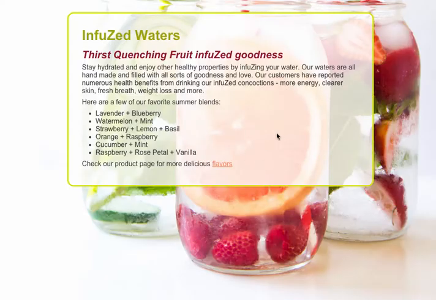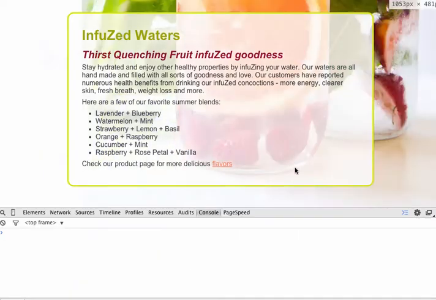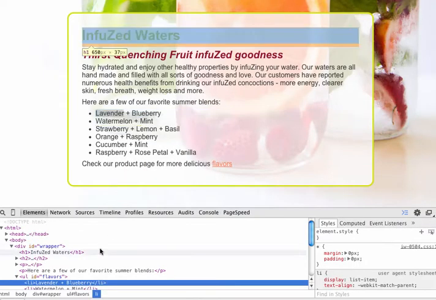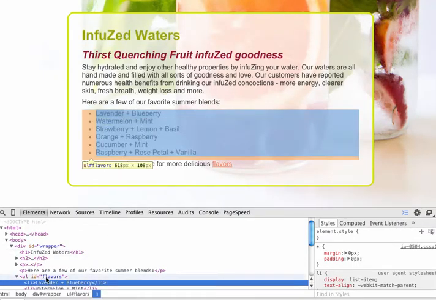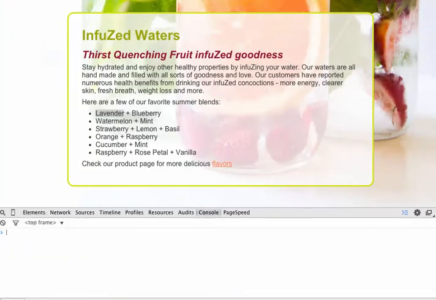So if we look at our example right here and open up our developer tools, I can use the console to write a script to grab an element on my page. If I inspect my unordered list, you can see that I have an ID of flavors applied to the unordered list. So because the UL has a unique ID, I can use the JavaScript getElementById to grab this element. So what we'll do to start off with is we'll create a variable called grabber, and grabber is going to be equal to